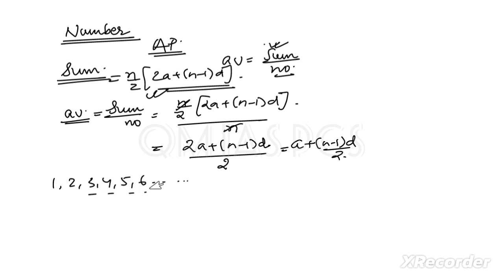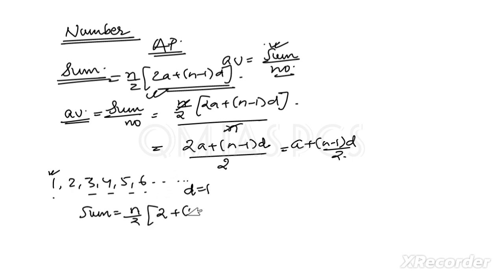These are counting numbers, right? Natural numbers, you remember that one? Okay, so if I say sum of natural numbers, you can substitute in this formula. So the common difference d is 1, and the first term is 1. So the sum is n by 2 times 2a, where a is equal to 1, so it will